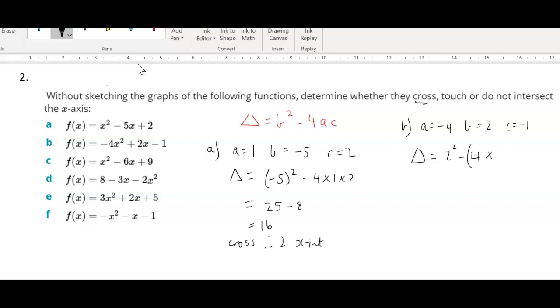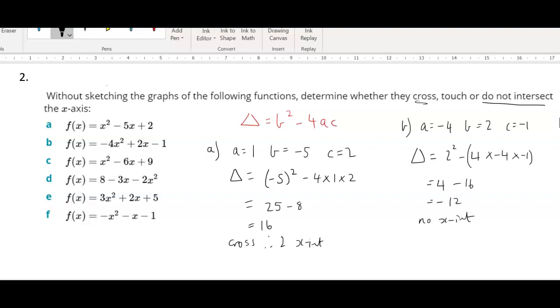This is where I'm going to put brackets around -4, and then we've got another -1. 2 squared is 4. -4 times -1 is +4. So 4 times 4 is 16, so we're going to have minus 16, which equals -12. Because it's a negative number, we have no x-intercepts. It does not